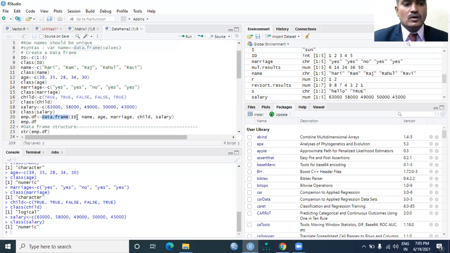I would like to include all the variables inside the data frame function. So here ID, employee name, employee age, employee marital status, employee child status, and the salary of the employee. So I would like to create employee.data.frame with the help of the data.frame function. Now I would like to execute this code.